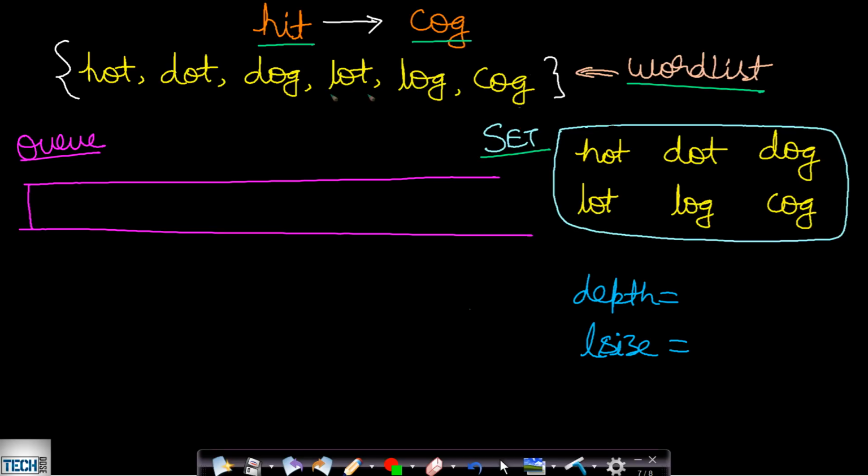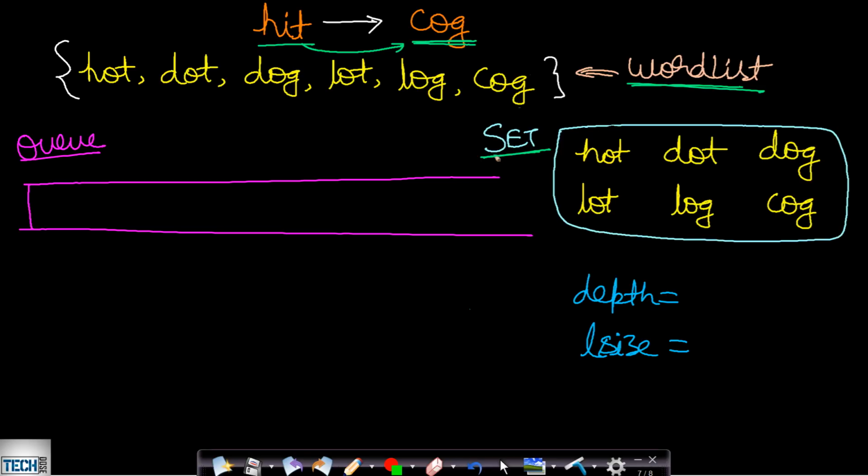So what we will do is our first step is to take all these words and insert them into a set. And while inserting, we will check if the cog, that is the end word, is present in our word list. Because according to our constraint, we can convert a word to a certain transformed word only if it is present in the word list. And obviously all the words are unique and the begin word is not equal to the end word. So the end word should always be present in the word list. Therefore, we will have to check if the end word is present in the word list.